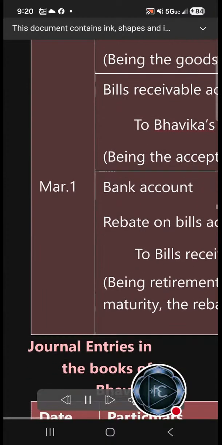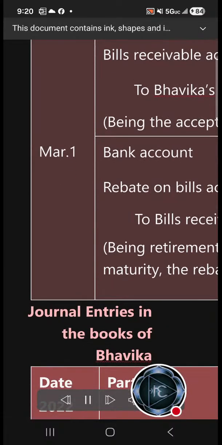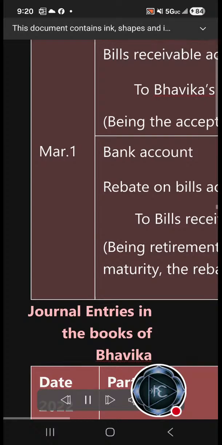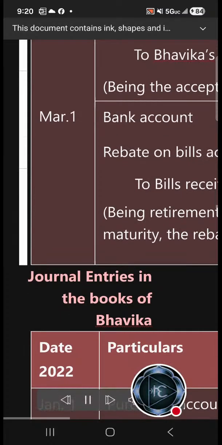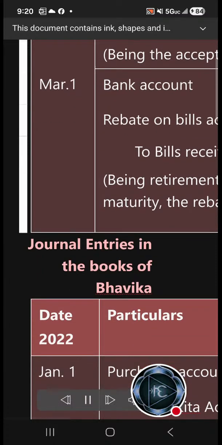Being the goods sold to Bhavika on credit: 500000. Bills receivable account: Dr. To Bhavika's account: 500000. March 1st. Being the acceptance of bill received: